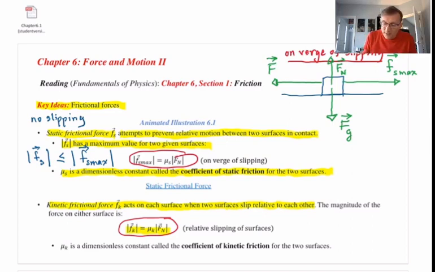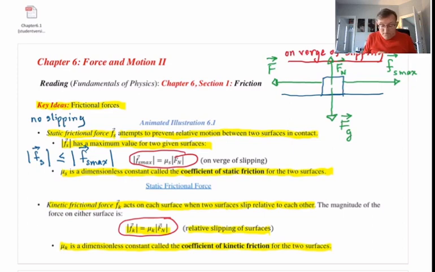And that applies when there is relative slipping of the surfaces. And as I said, mu sub k is a dimensionless constant called the coefficient of kinetic friction for the two surfaces. So that's the formula we'll use to calculate the magnitude of the frictional force when the surfaces slide relative